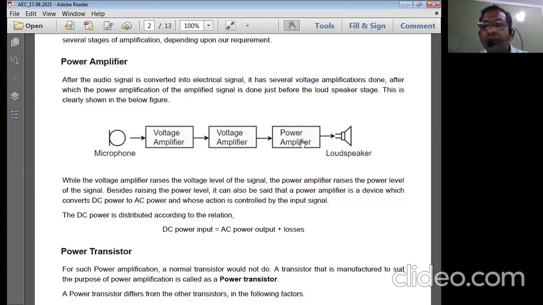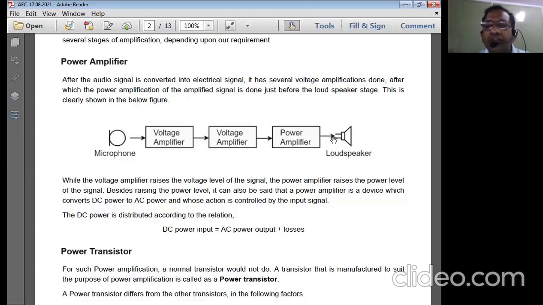Then later on, you use the power amplifiers to increase the power level of the signal. The loudspeaker converts the electrical signal into an acoustic signal. The loudspeaker is going to have a very low resistance, because it is doing the inverse operation of the microphone. Therefore, the loudspeaker has a very low resistance, a maximum of say 20 to 25 ohms at the input of the loudspeaker, or the output of the power amplifier. So the output resistance of the power amplifier should compulsorily be low.